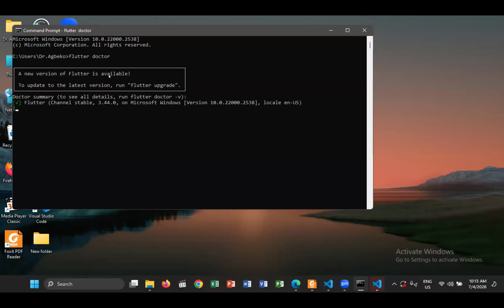Are you seeing something showing? Yes, sir. It will show the first one, Flutter stable, it is installed. It will show you all the tools that are available. So just relax, it will come.